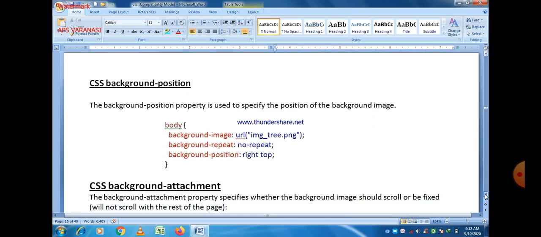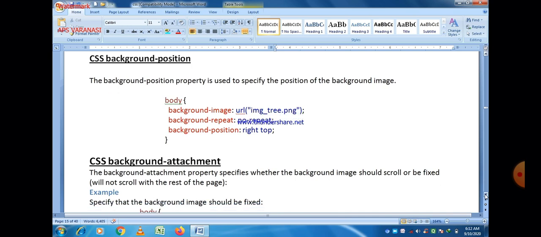CSS background position. You can define the background position of your web page using the property name background-position, and here you can see that right top is used. You can use right or left, and you can use top, middle, or bottom.